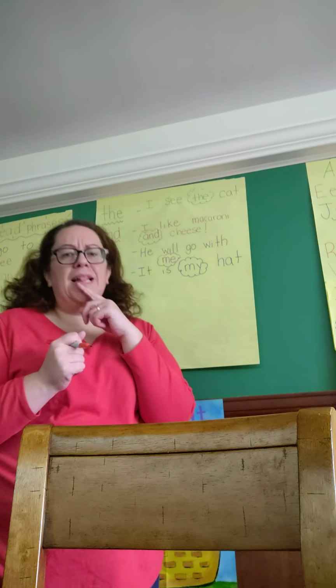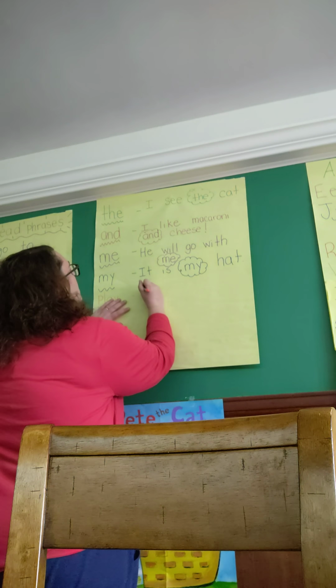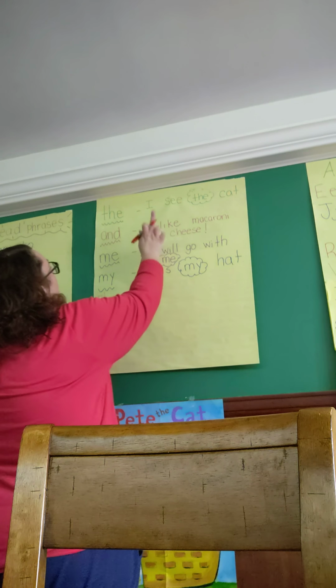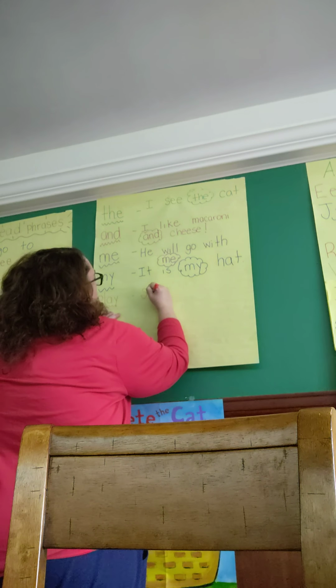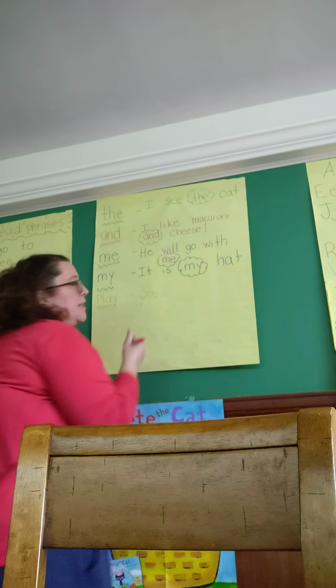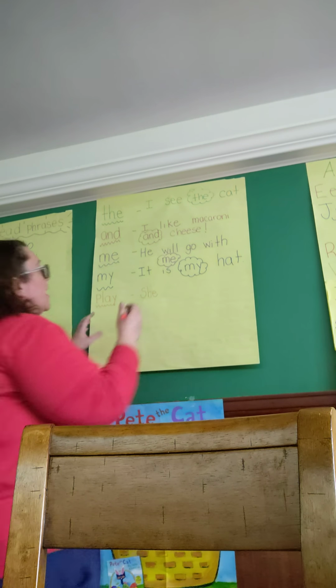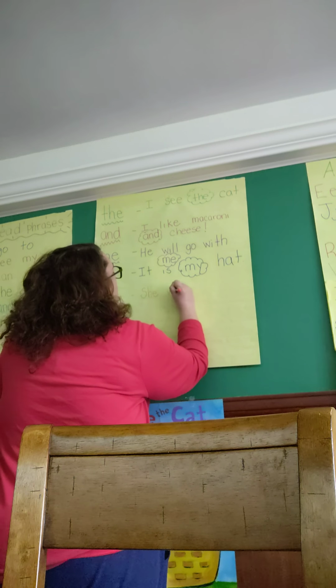What's something I like to play? I've got a good sentence. And I'm going to say she, because we haven't said that. We've said I, we've said he, we've said it. So I'm going to start my sentence with she, because she is another sight word. It's not one that we've done yet, but we will get to she. She will